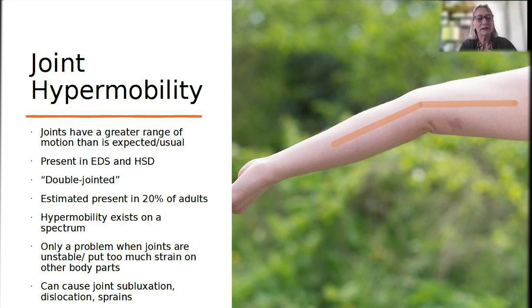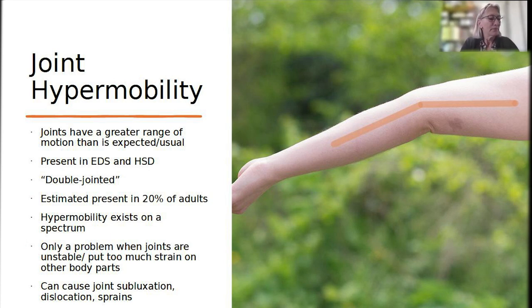It can actually be an advantage in certain sports, like if you're a gymnast or a ballet dancer or a swimmer. And those of you who remember Michael Phelps, the Olympic swimmer, if you'd ever seen him warming up, his warm-up exercises really demonstrated a degree of hypermobility. So it only becomes a problem when the joints become unstable and put too much strain on other body parts. And at this point, they can cause joint subluxation, which is like a partial dislocation